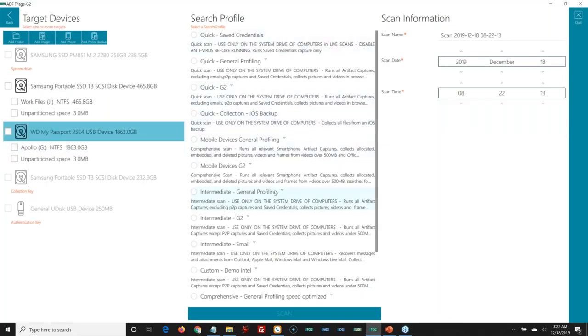Select our search profiles. Search profiles are artifact captures and file captures, which we will go over. Parses out all the artifacts you typically want in every investigation and pulls all the files or specific files that you are looking for. And then you would scan and you can add fields over here. We'll get into that in a minute.